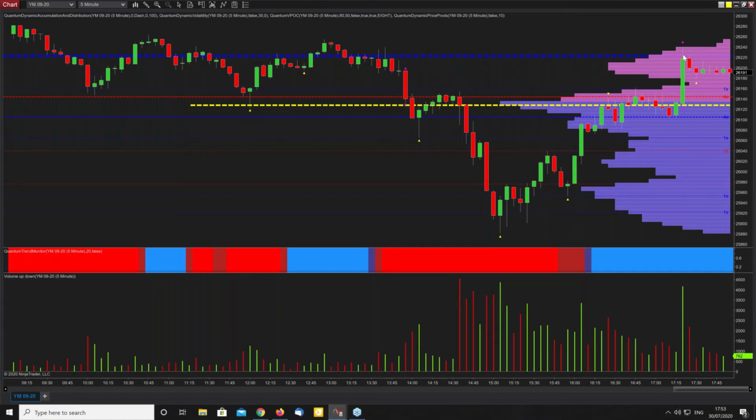If you've gone in with 5, take 3 or 4 off the table. If you've gone in with 3, take 2, so on and so forth. Just leave a position in the market to benefit you should this continue higher, but bank the most of your profit. If you've only got one position,